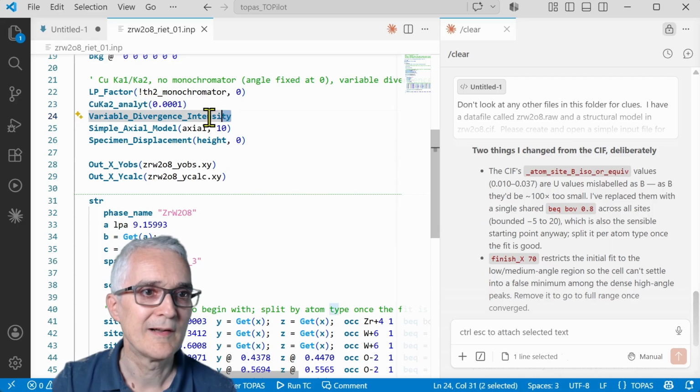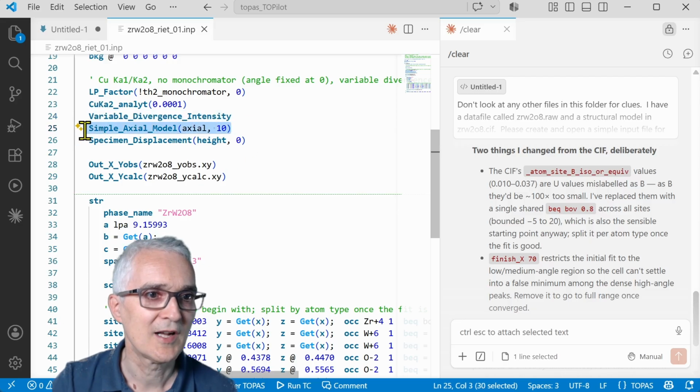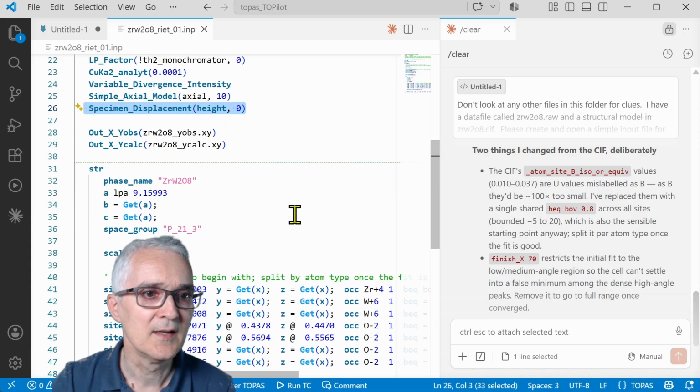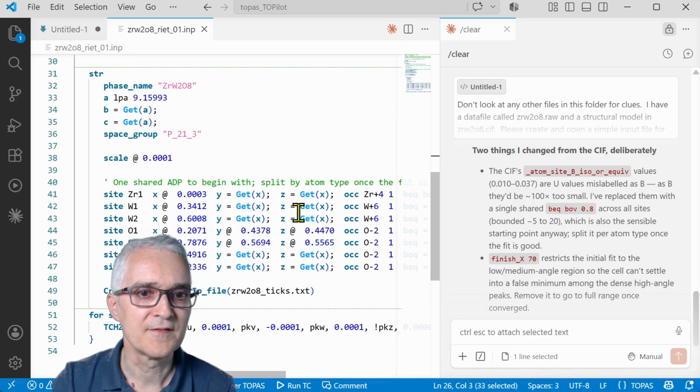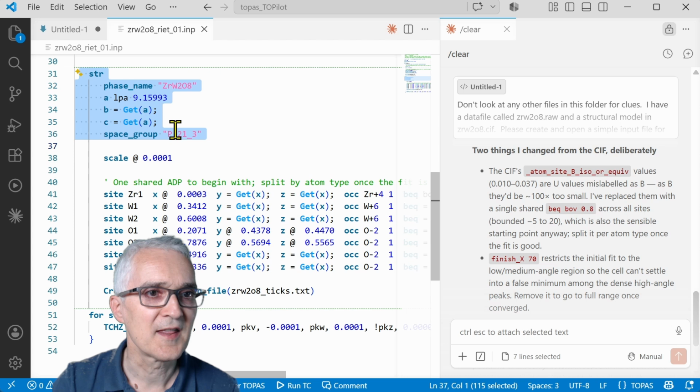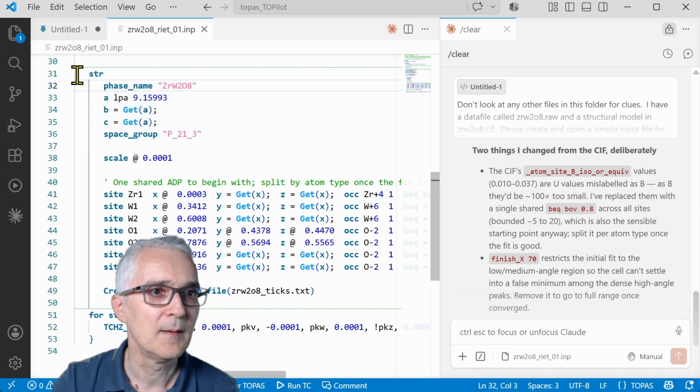It knows about the variable divergence intensity slits. It's got a simple asymmetry correction in there. It's decided to refine a specimen displacement. That's what you would normally do with lab data. And then for the phase itself, what it's chosen to do is it's set things up so that the